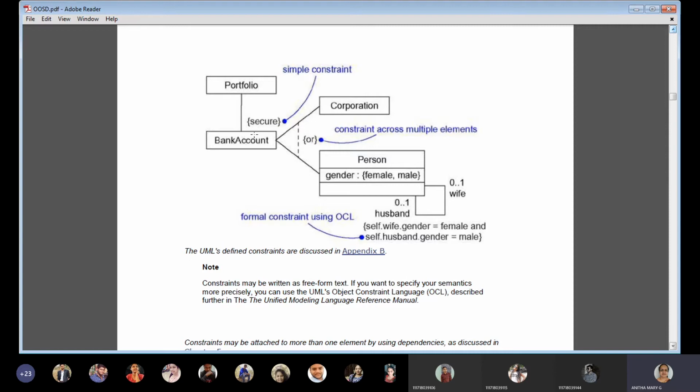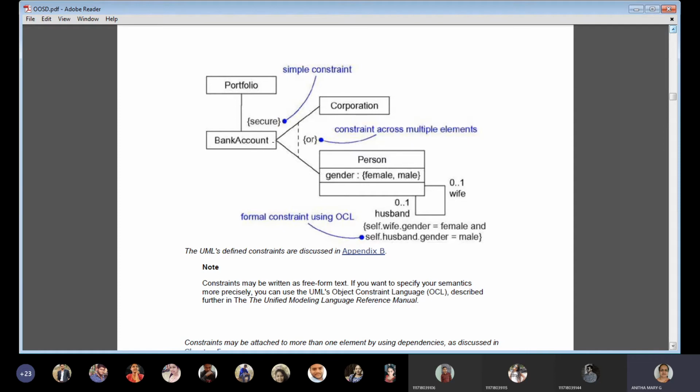So in this scenario of profile and bank account, we are giving some condition here. What kind of security is this bank account giving? It is secured, we are saying. That is a simple constraint. Without such constraints, if there is no security, nobody will open any account in the bank. Since they are secured, in order to keep your deposits, that is why we approach banks, and that's how we maintain our bank accounts. So in that scenario, we just give the simple constraint as secure. So bank accounts are secured.